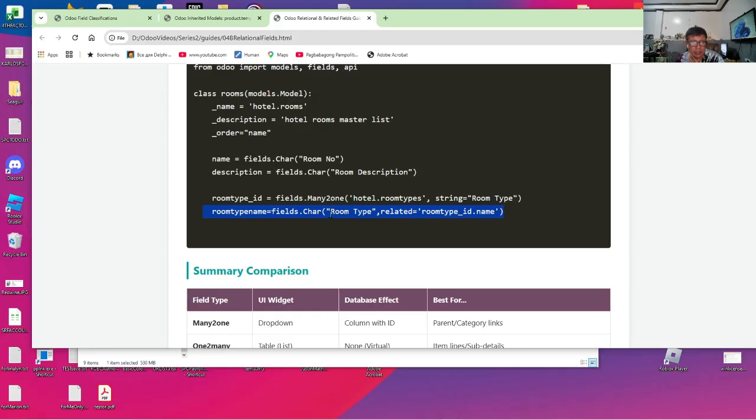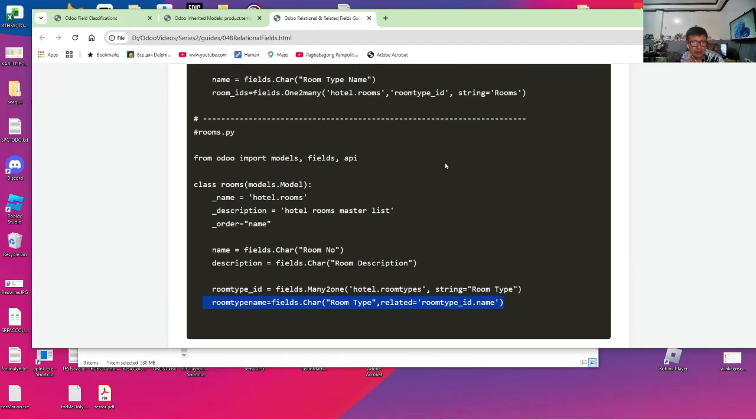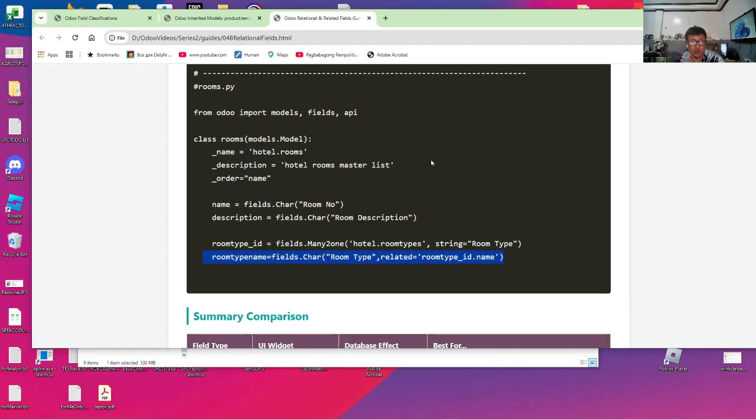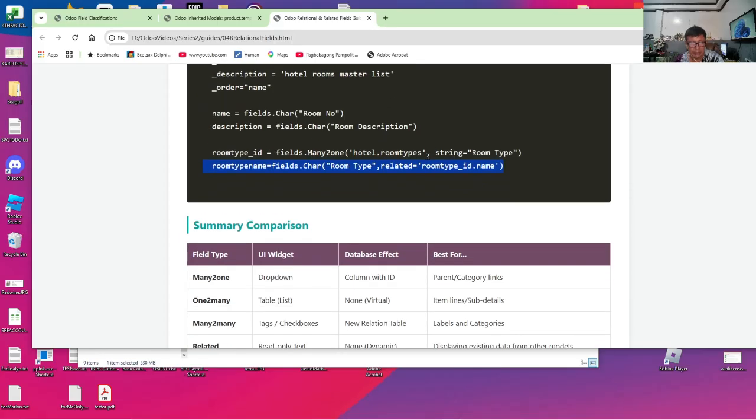We can use the related attribute with a particular field name, which in this case is room type ID dot name, and it is returned as the room type name. So this is a very useful related field. It's like fetching a field in a join table in an SQL query.